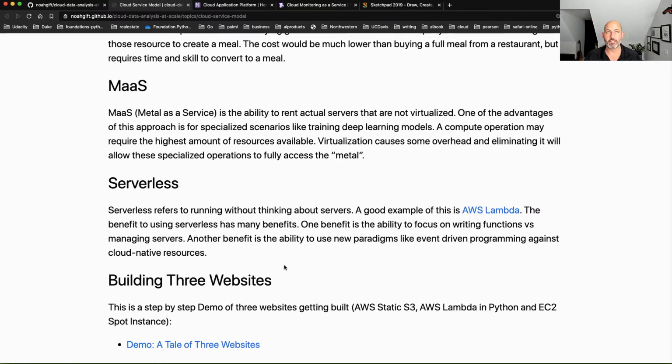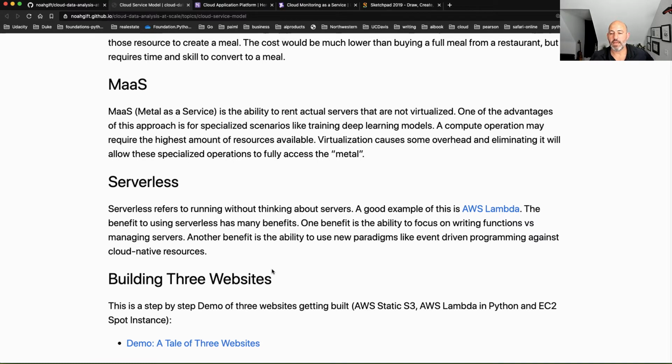Serverless is another one. So for example, with serverless, you can go through and build your technology by using, let's say, an AWS Lambda function. And you can really focus on writing a function versus managing a server. And what's nice about this is that a lot of the irritating stuff in the skill level that you have to have starts to go away because you can build things that take advantage of these cloud native environments.